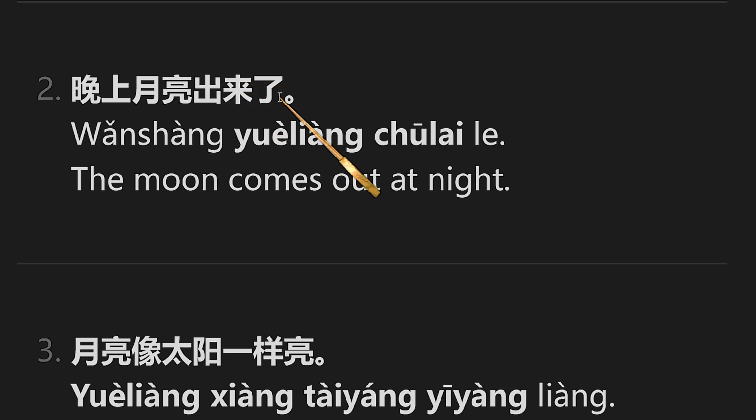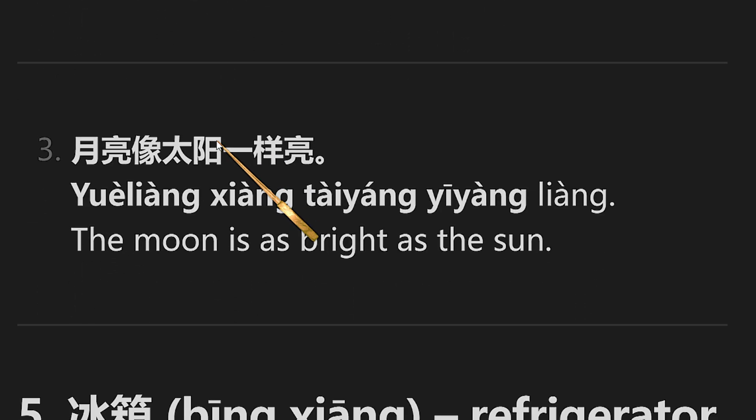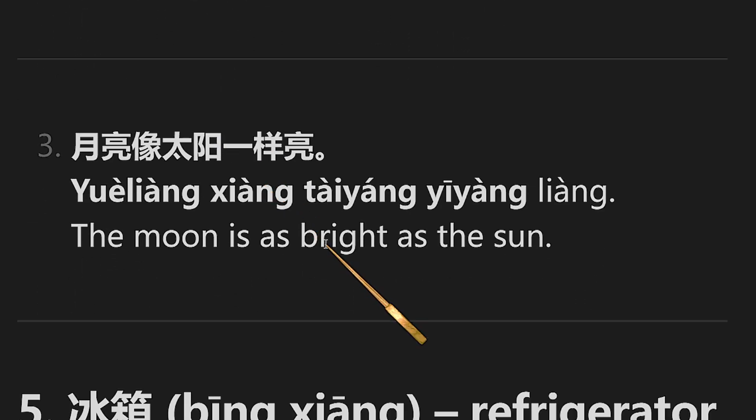出来了, and here the 了 is, I think, just for a change of situation. So before it was not come out, now it's come out. So 晚上月亮出来了，出来了。